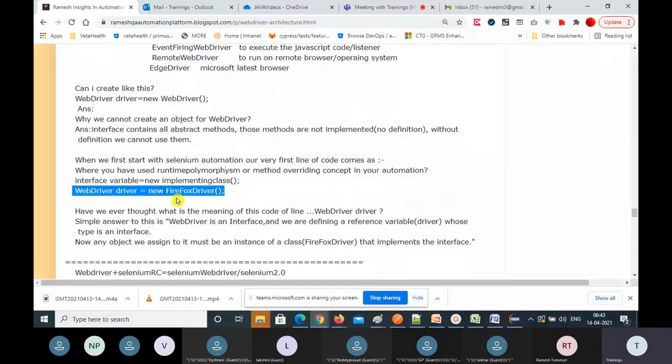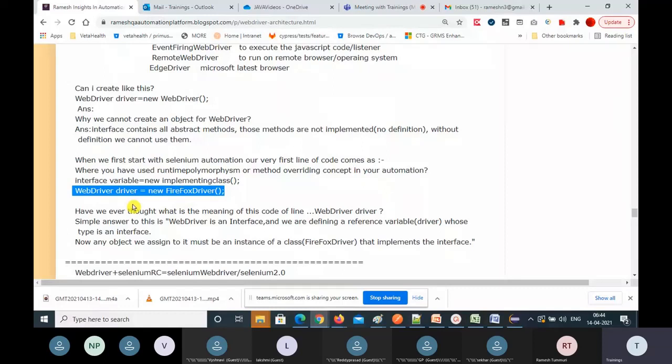So I told you runtime polymorphism means the method dispatch, which method has to be called, is decided at runtime based on the object type. Now if I create object Firefox driver, all Firefox driver related methods you can call. If you call Chrome driver object and WebDriver methods are implemented in the Chrome driver class, that method logic you will call.